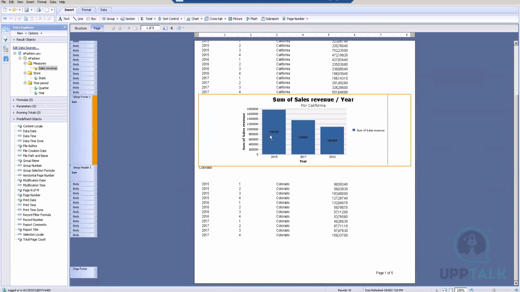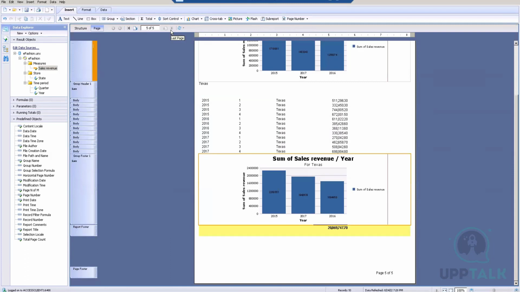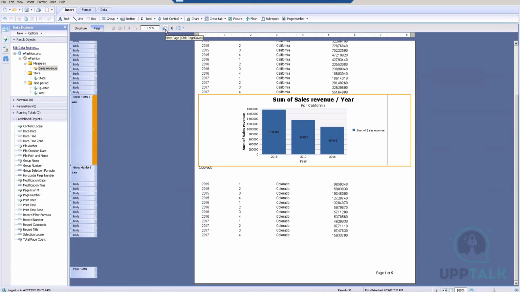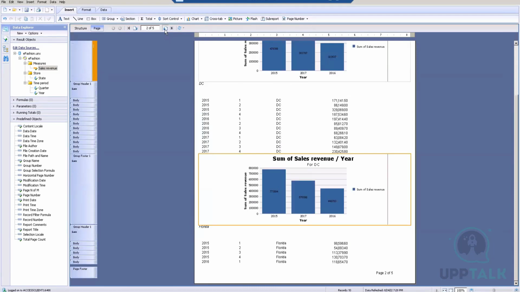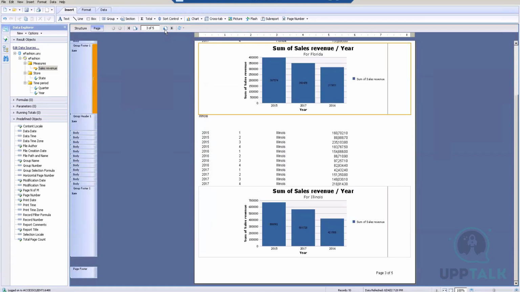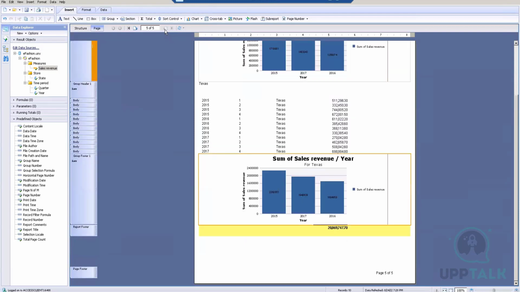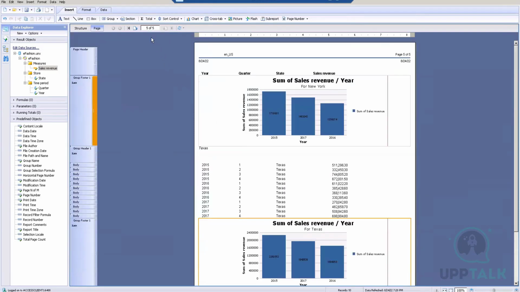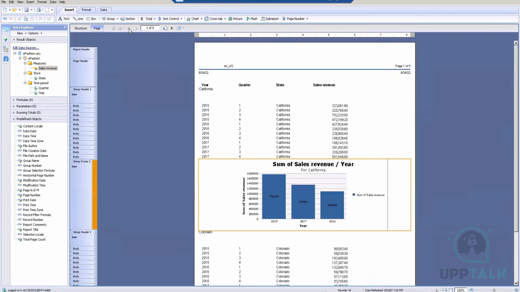If you see here, as we have included states, now the page number got increased from 2 to 5. Next page, third page, Illinois, New York. So in this way, we can create highly formatted crystal reports using this crystal report tool. It is a highly formatted one. So if you see here, this report header, page header,